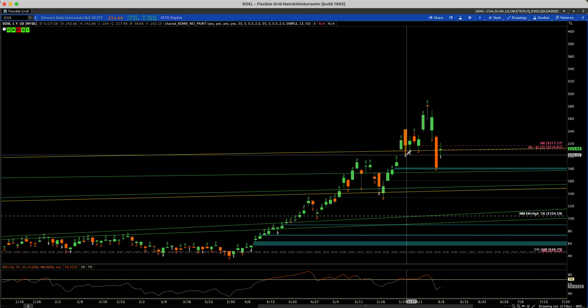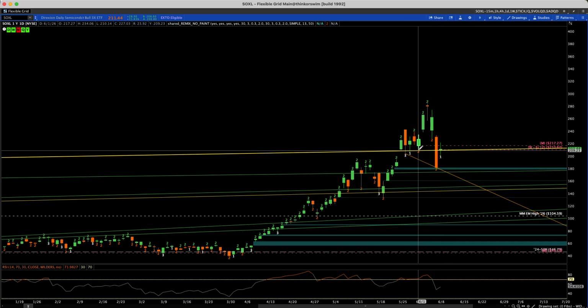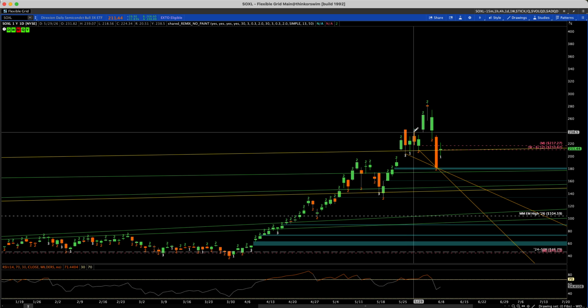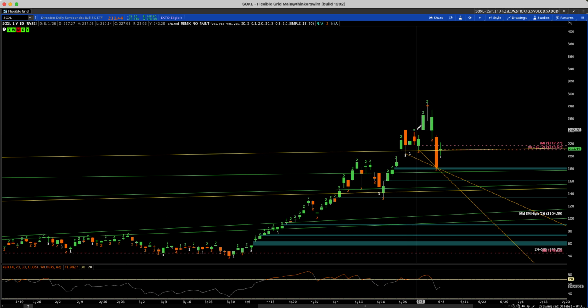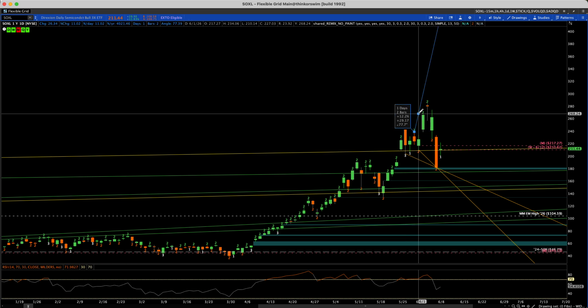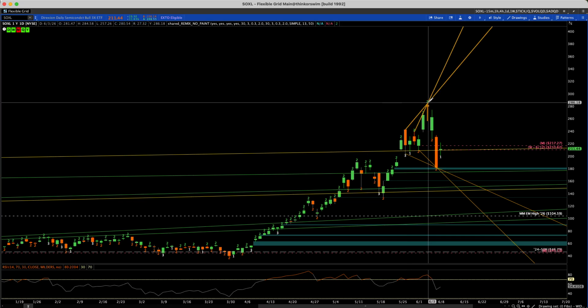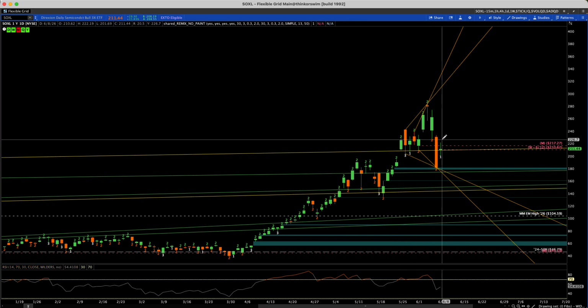So plenty of opportunity for this just to be setting up a lower high on the 4 hour, right? We got set up with the 1. Let's get it cleaner. There we go. We had a 1 on the day, or an inside candle. So it could be setting up, on the 4 hour, a 1, 2 down, 2 up reversal,